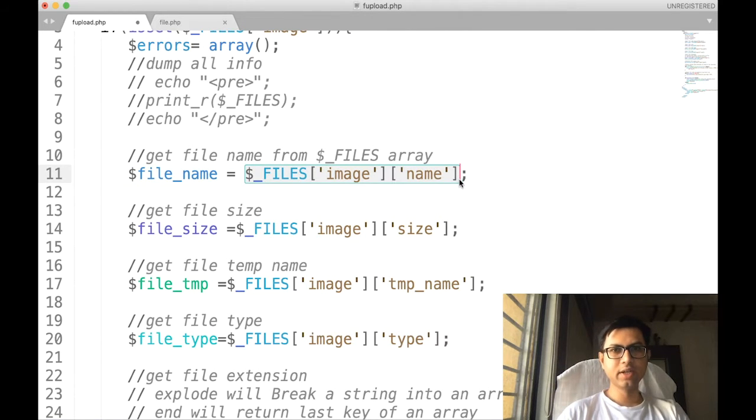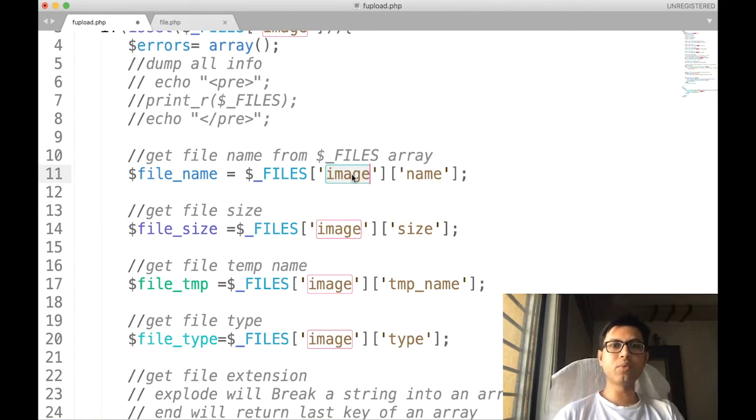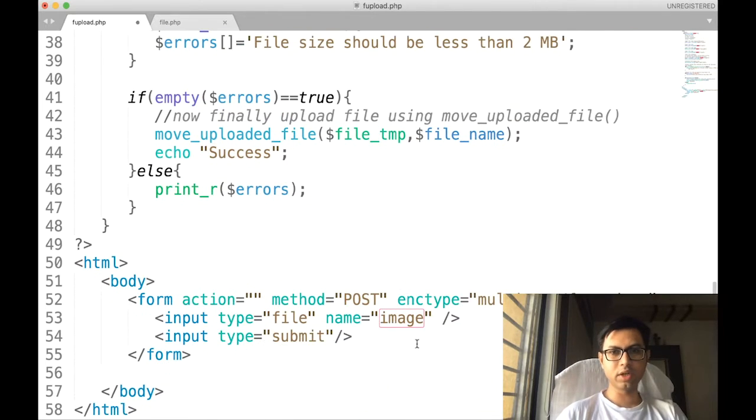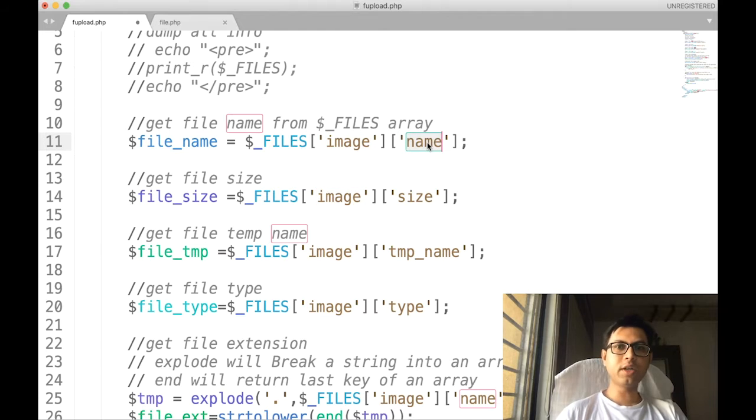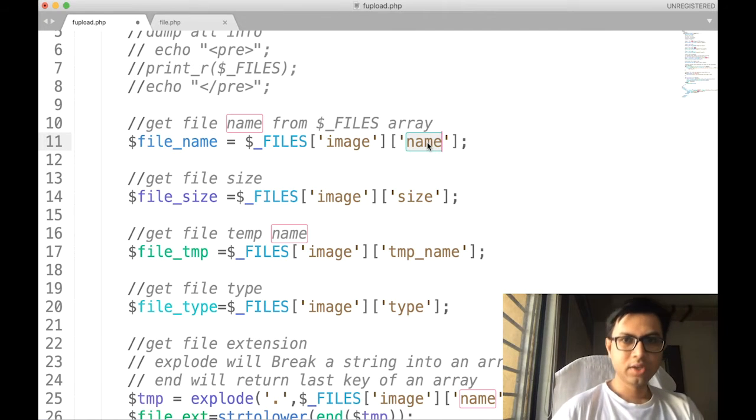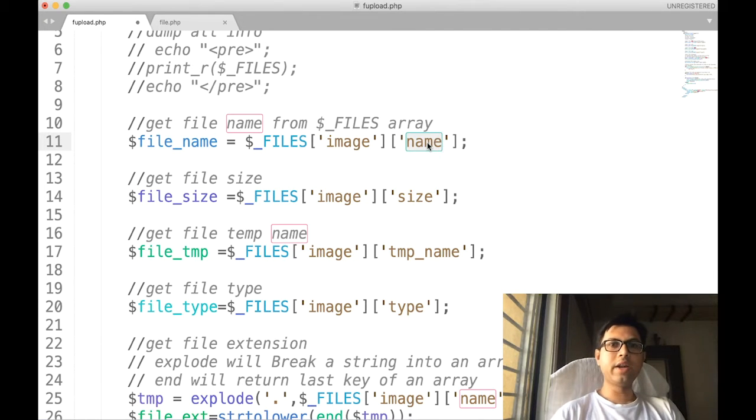As I've said, this is a two-dimensional super global variable. The first argument is the input control name, that is over here image, and the second argument is which particular attribute we want to access, that we have to specify. So name is the file name.